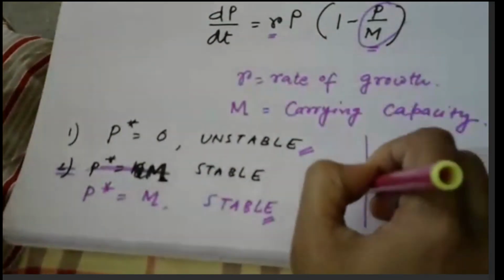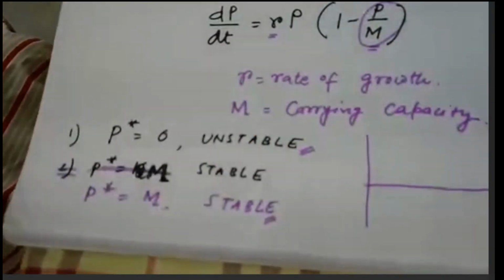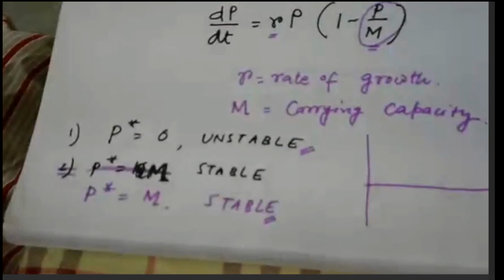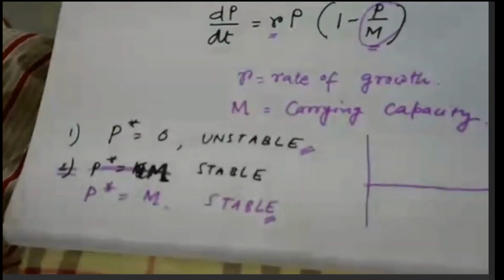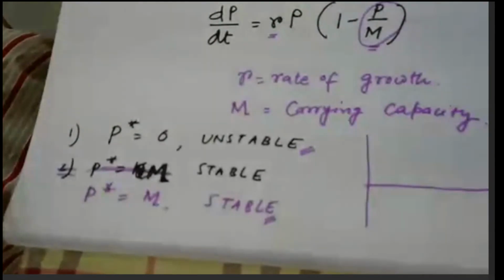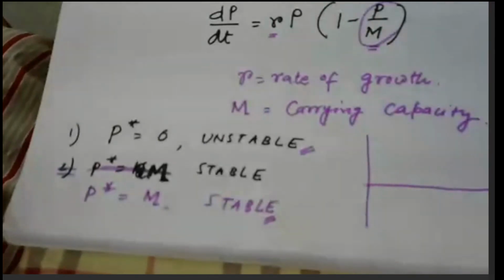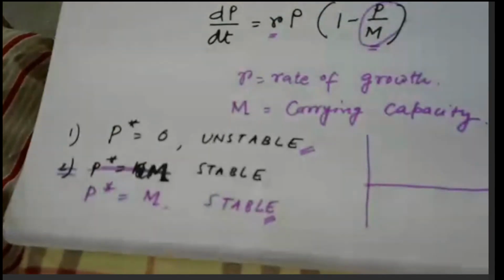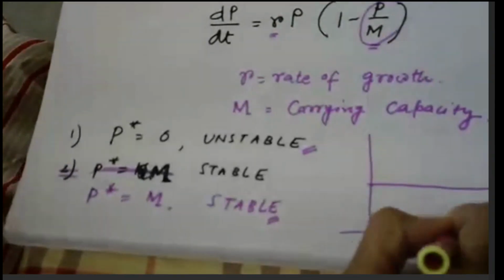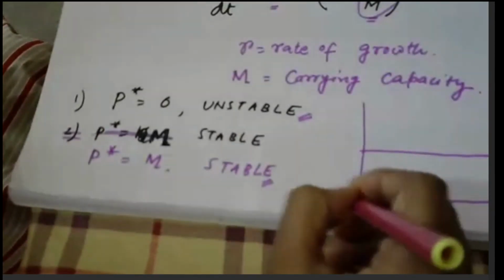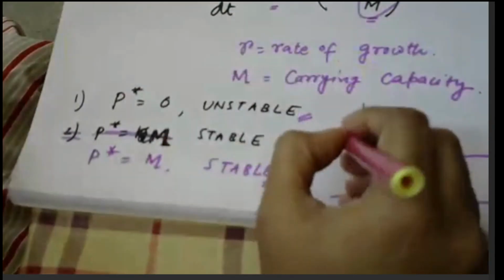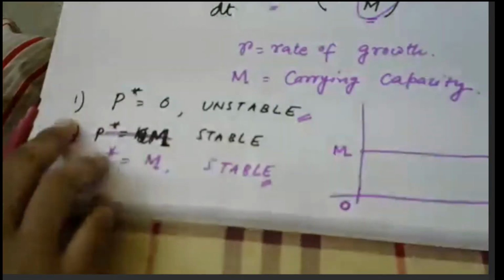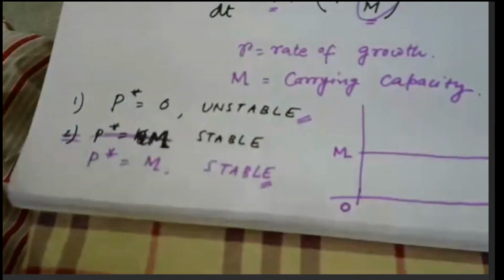So let us consider the dynamics of the system starting from different initial points, different values of P star from which we can begin our experiment. Let us consider that we are carrying out an experiment where we have different numbers of bacteria to start with, and we are looking at the value where it will go. So suppose this is 0, okay, and this is K or M in our case, okay, M. So we are going to see how the number will increase.